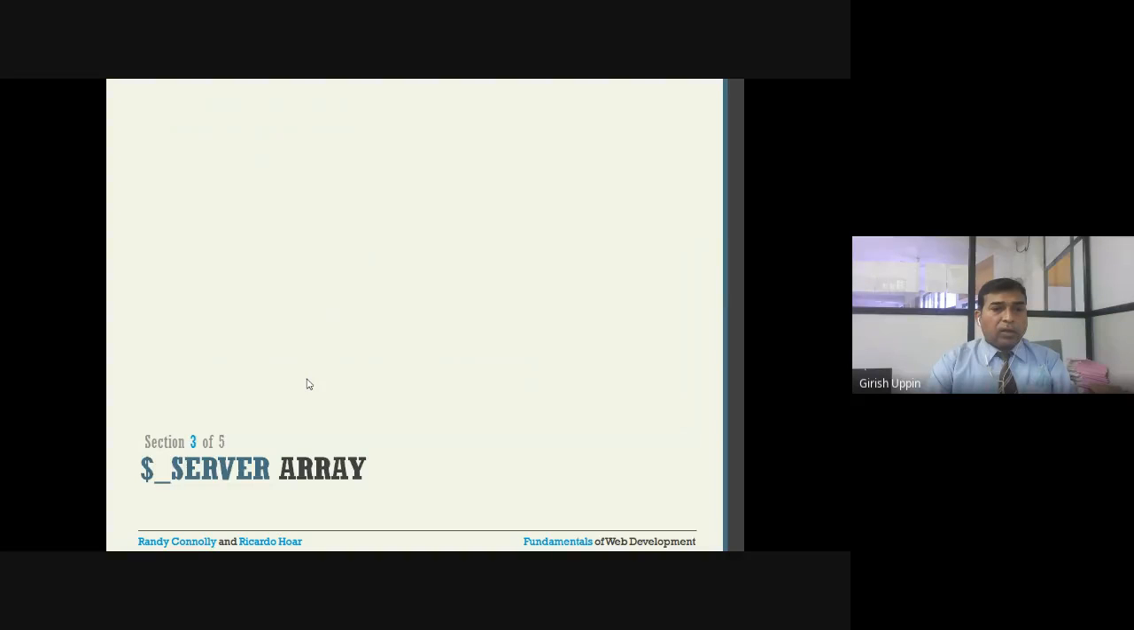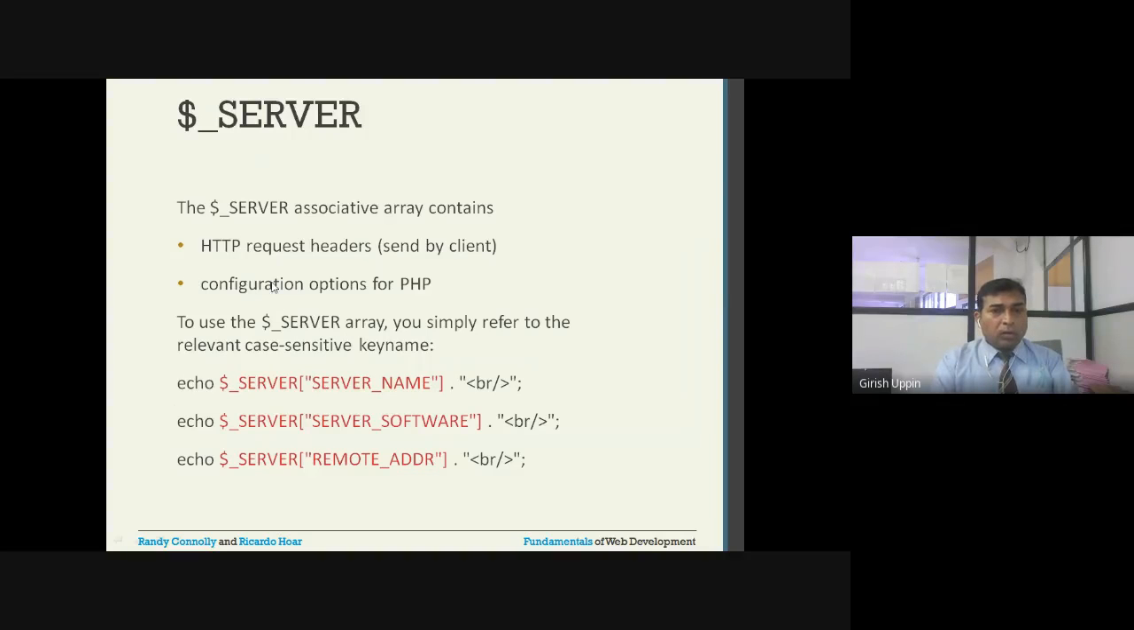Next, global is $_SERVER. Under $_SERVER, it is also similar to $_GET and $_POST. It's an associative array where there is a mapping between the key and the value. And what it contains is the